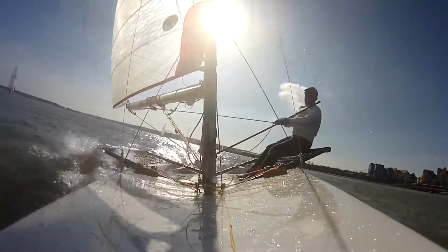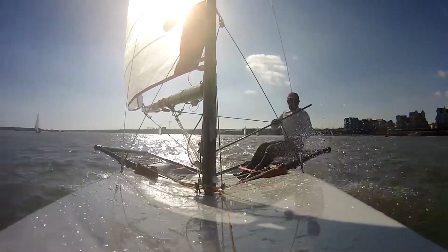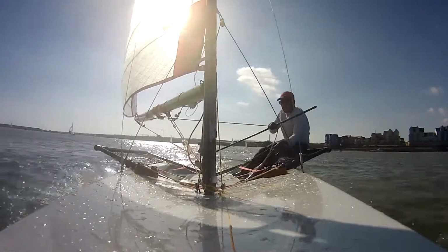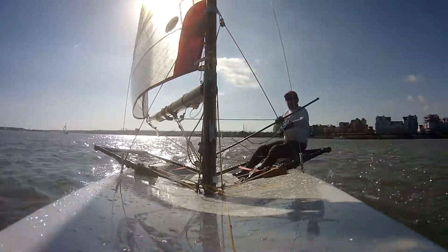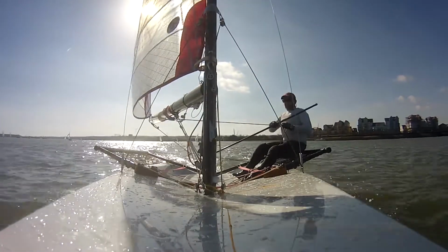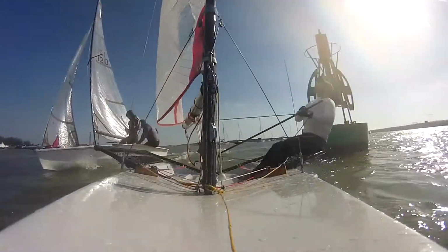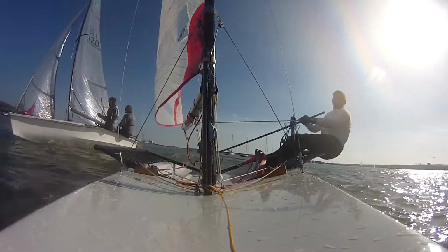Okay, here's the puff that hits. Work on getting flat, right back in the boat, try and get it planing, try and get some kicker on to harness more of this power. Keeping it flat, putting the centreboard down now because I'm getting towards the mark. There's the Alto to mark, harden up,